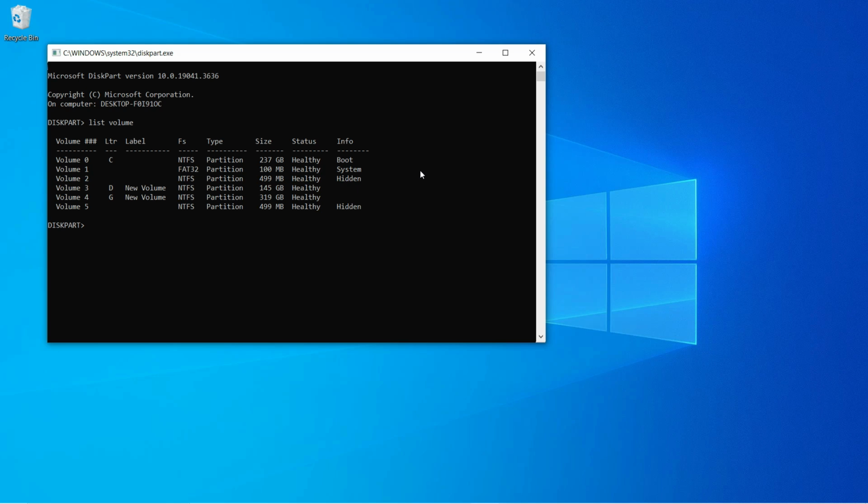So there are various statuses that you find. One of them is healthy status, which indicates the volume is functioning correctly. If it says no drive data, then a volume without a drive letter might be hidden or not accessible. And you can assign one using Diskpart. There is a command for that. Then if it is an incorrect file system, you will notice at the file system, that is FS, it will be indicated as RAW. It indicates that the volume is corrupt and requires formatting or recovery, and that's where the check disk